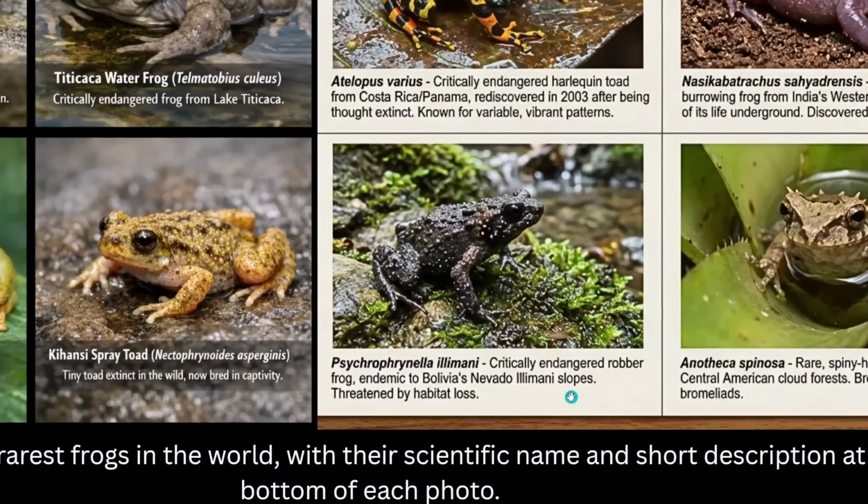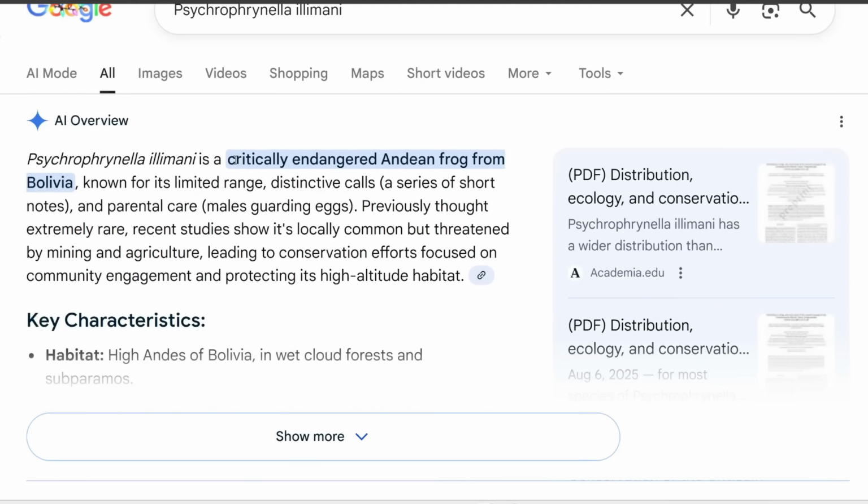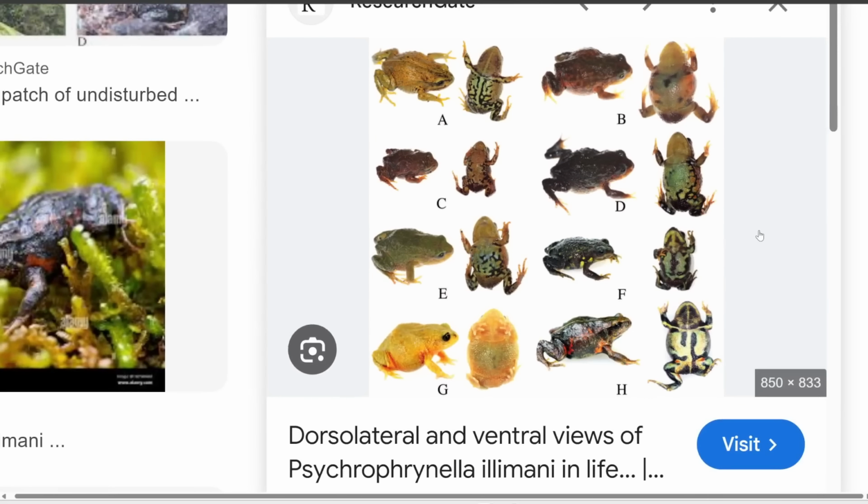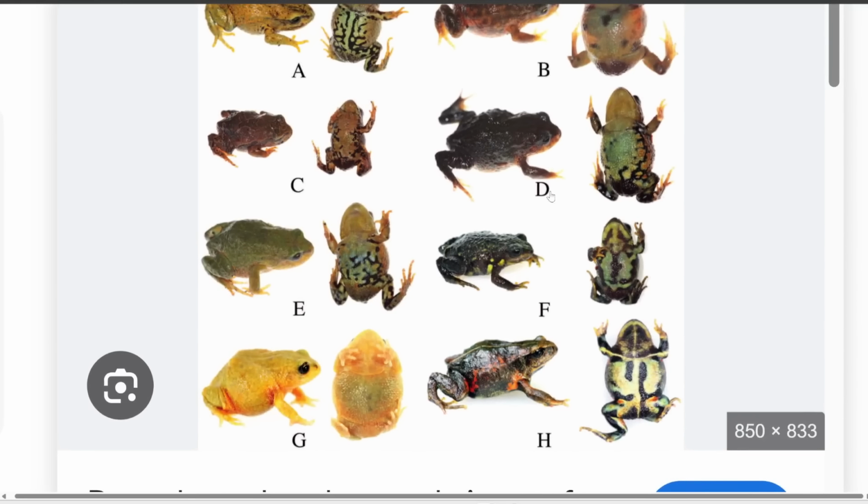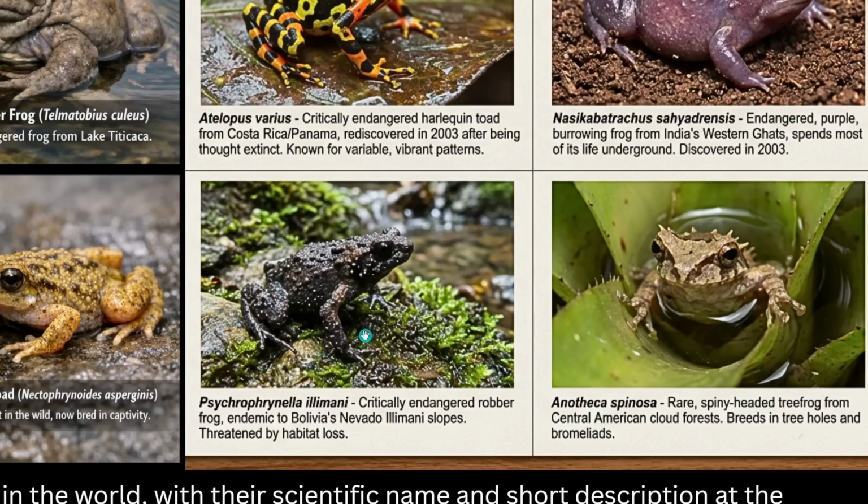And then next we have this one, and this one is critically endangered, and apparently it looks something like this. Now from Nano Banana's generation, it looks the most similar to these two, which are dark and bumpy. I would say it's close. It's hard to tell if this actually looks like the real species because I'm not a frog expert, but it's